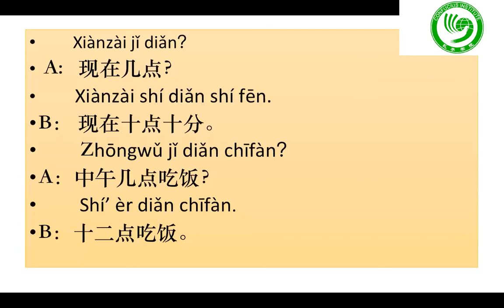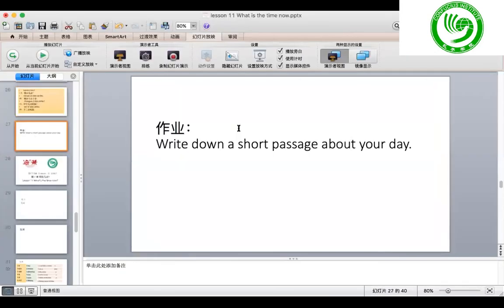Now let us continue with the 对话 dialogues. You please try to read it by yourself. 开始。很好。Okay, then I'm gonna be the A, you're gonna be B. Let us try to do it one more time. 现在几点？中午几点吃饭？Easy, right? Switch. You're gonna be A, I'm gonna be B. You read it, please. 现在10点10分。Continue. 12点吃饭。很好。